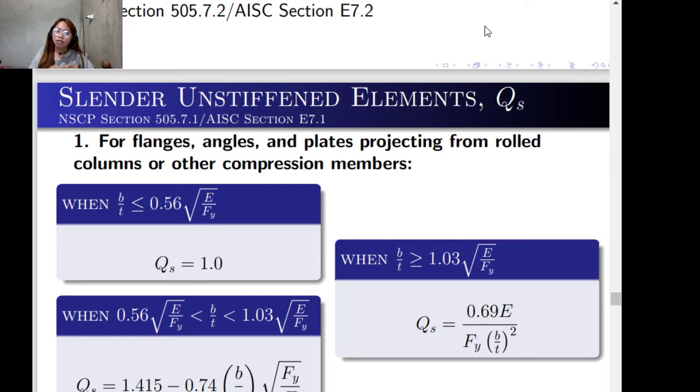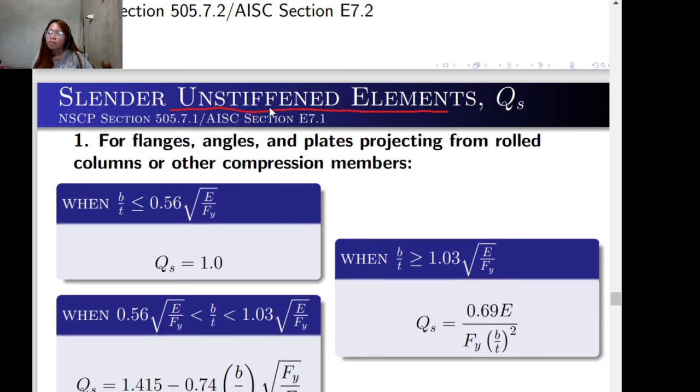Remember the unstiffened elements for flanges, angles, and plates projecting from rolled columns and other compression members. When b over t, which can be seen in the table in the AISC manual, is less than or equal to 0.56 square root of E over Fy,